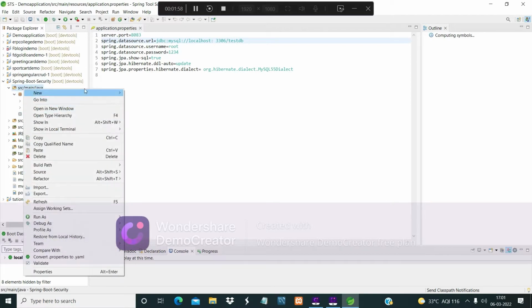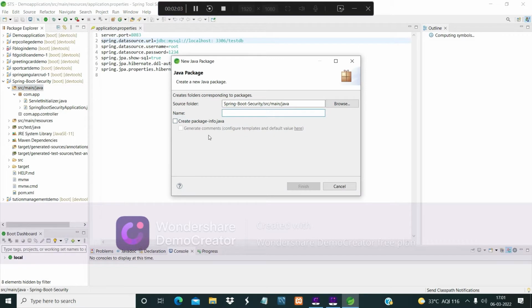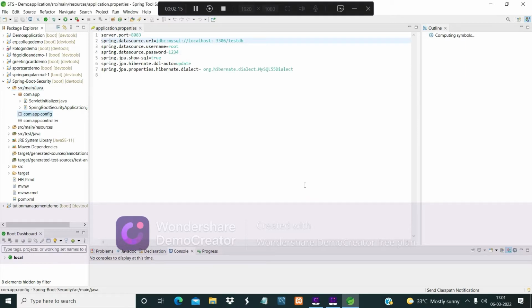Then we will create a configuration file. It is for the Spring Security.